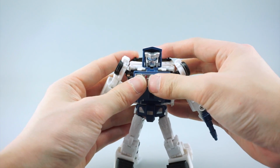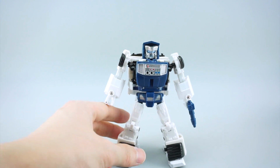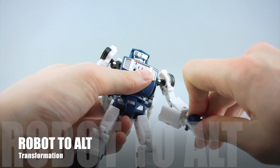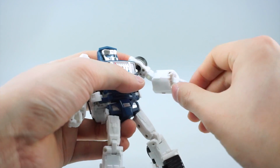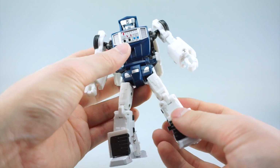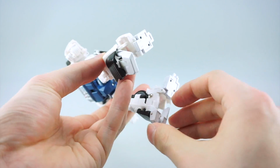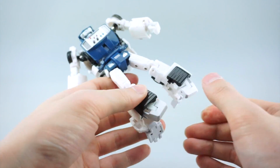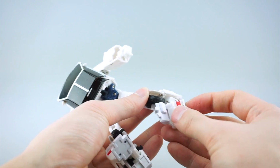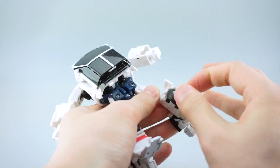I'm not even gonna bother trying to tab the chest back in for now, since we're gonna go back into alt mode. First thing we'll do is get rid of the gun. Second thing we'll do is deal with the legs. The legs, we're gonna go ahead and kind of fold up the toes a little bit like this. And the first thing we'll do is fold these down, get these flags up, get the wheels out,